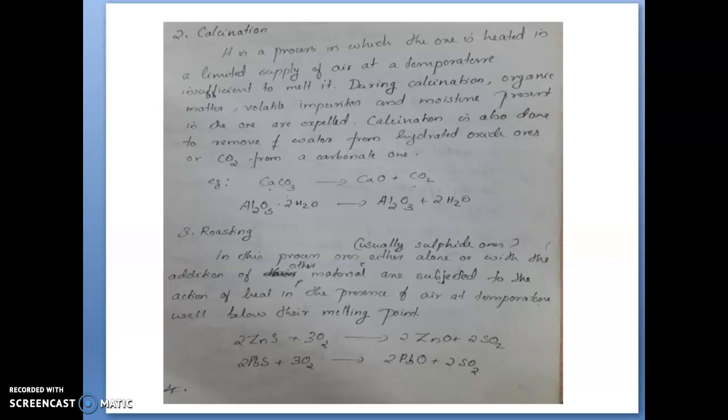Usually in smelting, metal oxides will react with carbon to form metal and carbon monoxide or carbon dioxide. Some metals are not suitable for this smelting process. In that case, we use this method. That means the oxide will be treated with another highly electropositive metal such as aluminum, forming pure metal and aluminum oxide. An example is given here: chromium oxide treated with aluminum will give aluminum oxide and chromium. In the case of manganese oxides also, the same method is used.